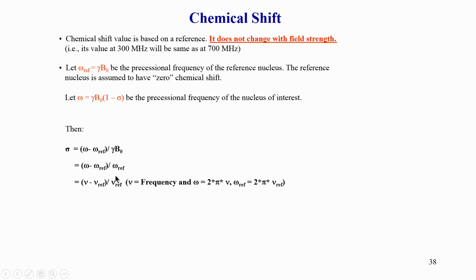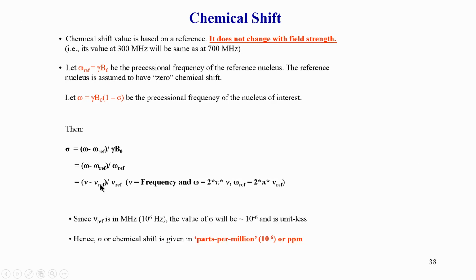So, what is mu reference? Mu reference is basically related to the magnetic field strength, which remember was in the order of 10 to the power 6, in megahertz, and the numerator is the difference between the frequencies. Since mu ref is in the megahertz range, the value of sigma becomes of the order of 10 raised to minus 6, because this 10 raised to the power 6 goes to the numerator as 10 raised to minus 6, and therefore we use the word parts per million, or ppm.